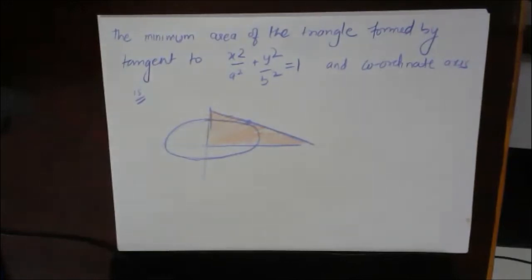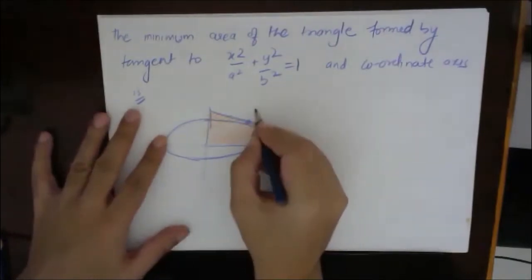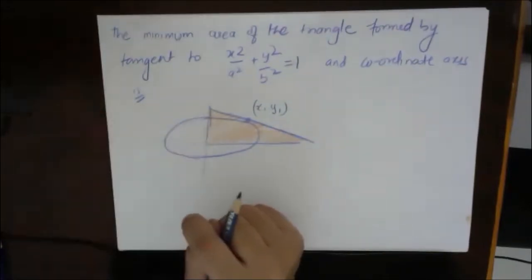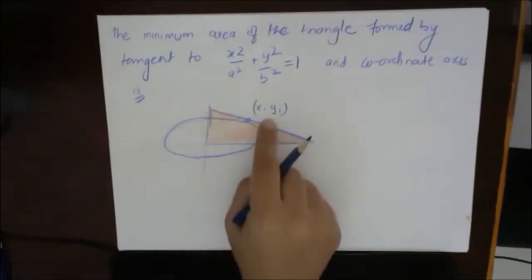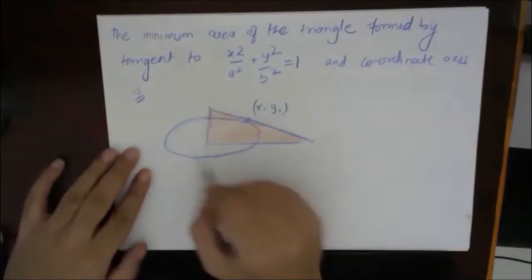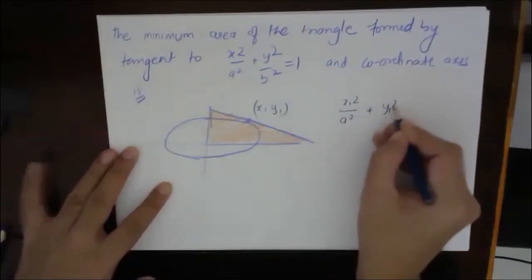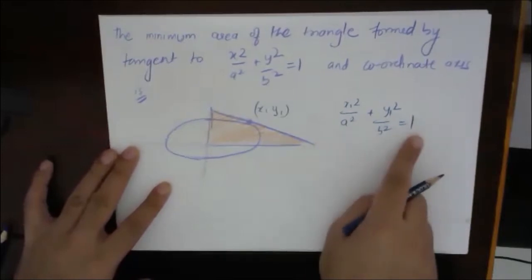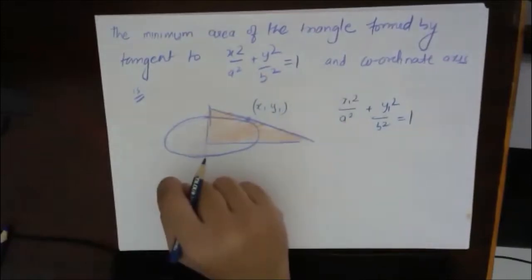Okay, very good, very good. You're getting it correct. Let's check it. So basically what they are saying is, let's take a point x1, y1 on the ellipse. Even if we are not solving it using parametric form, let's take a point x1, y1, right? Now if this is a point x1, y1 on the ellipse, I can write x1 square by a square plus y1 square by b square is equal to 1, because this point is lying on the ellipse, so it should satisfy the equation of the ellipse, right?